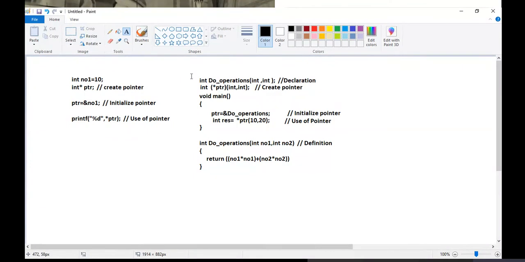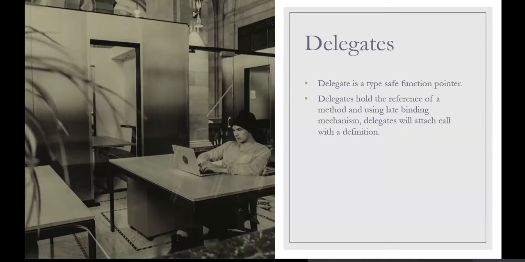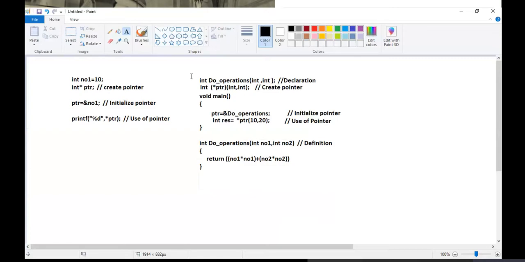Now, do remember, we are in C sharp, and in C sharp, I don't think this base concept changes. The concept remains as it is. So what changes? The syntax. Delegates are type safe function pointers. So I showed you the basics of function pointers here. You can watch this, and on the basis of this, we'll start creating the same thing with a delegate.